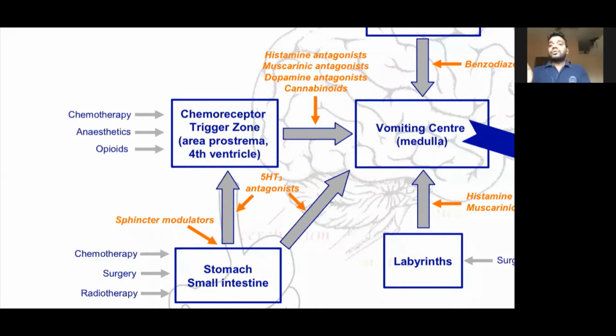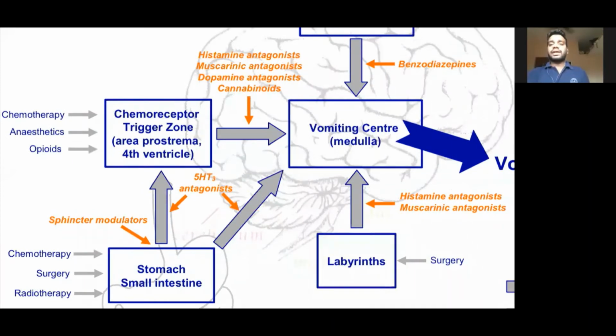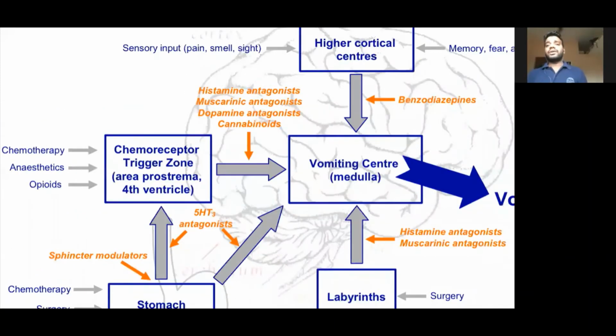So how this gets stimulated, maybe because of opiates, as I was telling, pethidine, that can stimulate the CTZ, maybe because of anesthetics, or maybe because of even chemotherapy. So these things can trigger the chemoreceptor trigger zone. That's why we call it chemoreceptor, because the purpose of this receptor is to sense the chemical. Okay. So because of that, the patient can have nausea, vomiting, and one of the ways to treat such nausea,